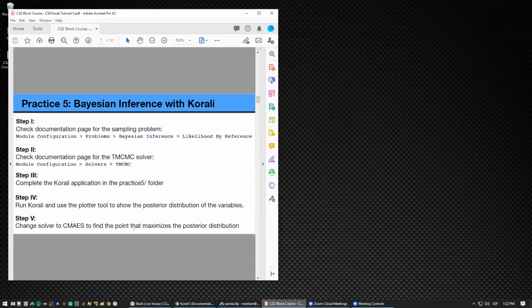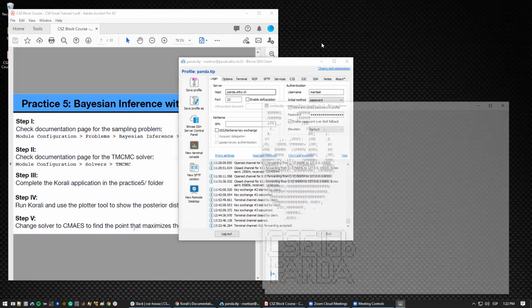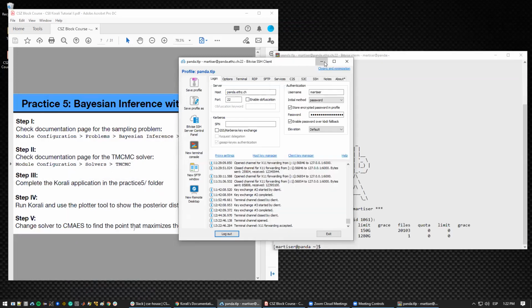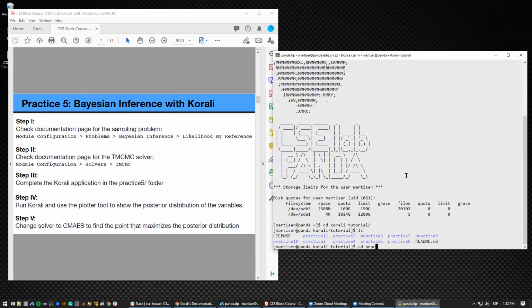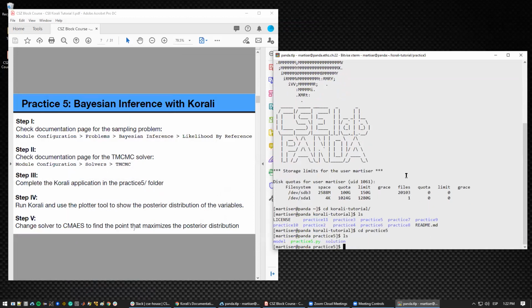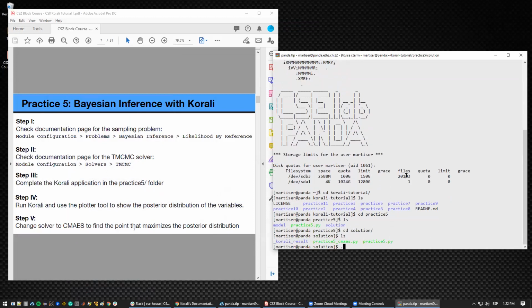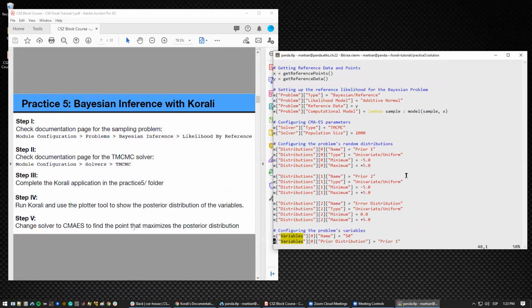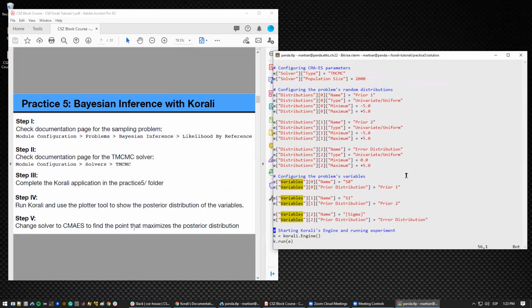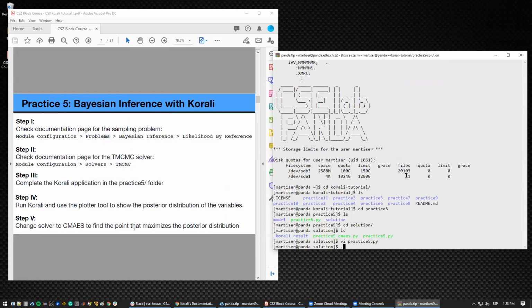And let's open our computer again and go to tutorials. Let's go to practice 5. And we have seen, let's go to the solution directly. We have seen practice 5. Once you have completed all the description of the problem, you can just launch Korali and get the results